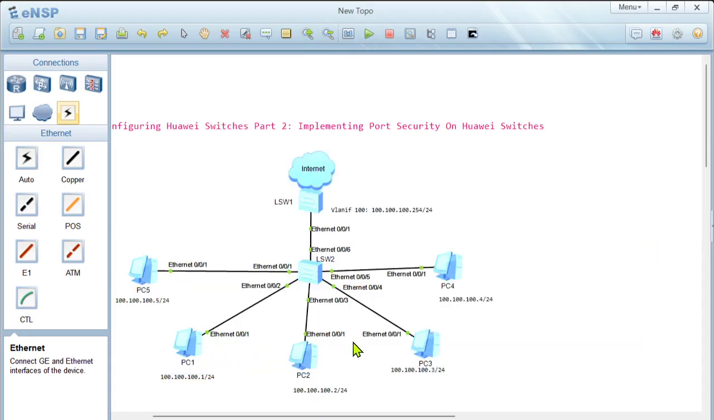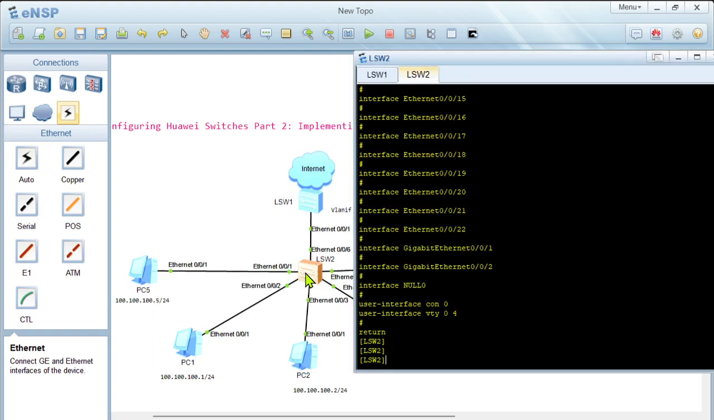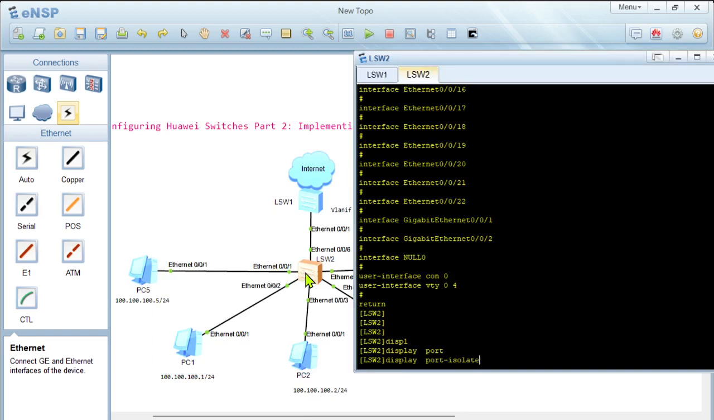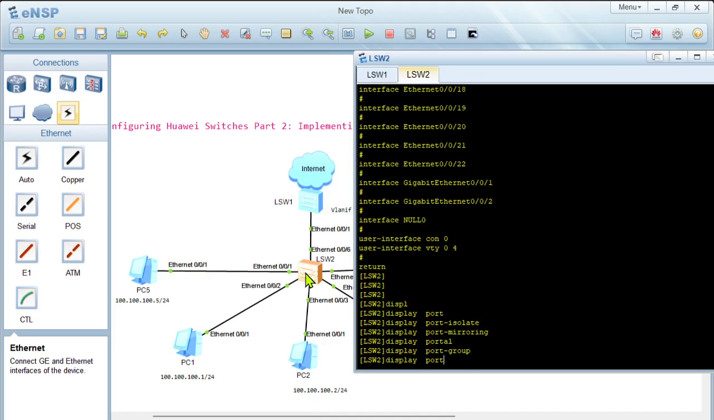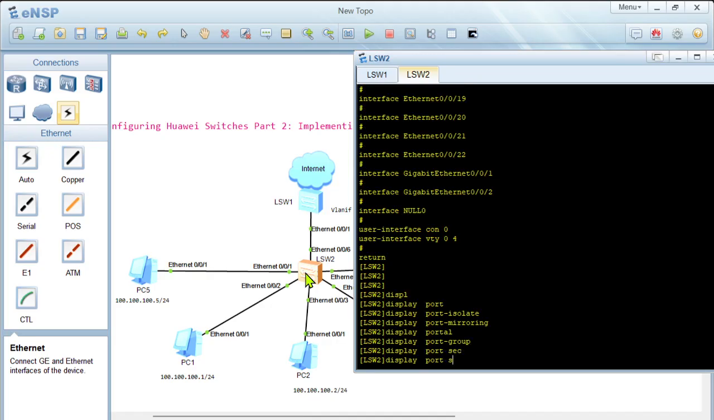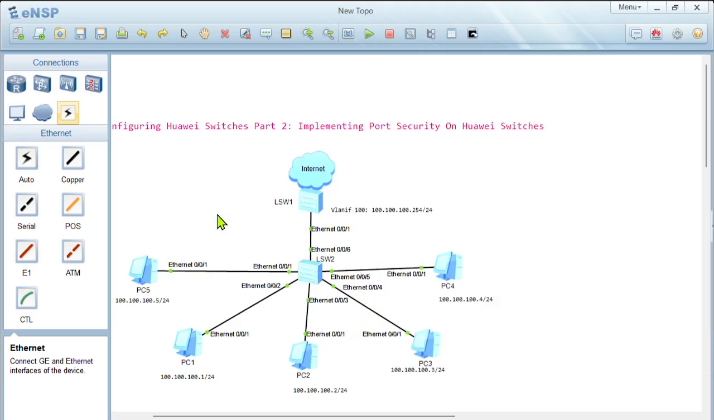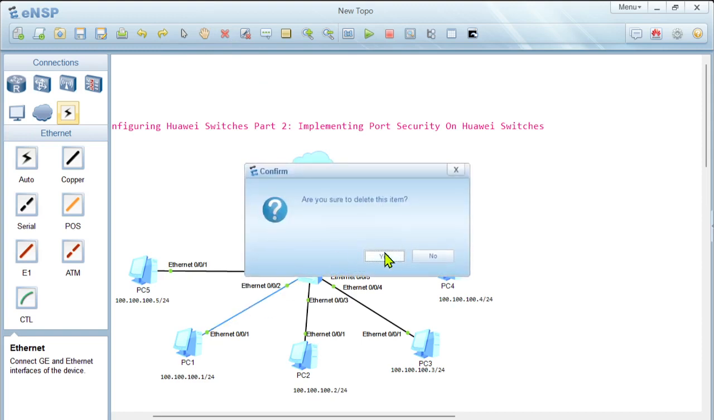So once you've done these configurations, let me see whether we have a command for port security. We don't have a display command for port security, but our configurations are okay. So we've set the maximum number of MAC addresses that can be learned to 1. The default is 1. So what happens when we change these connections? For example, if I were to delete these 2 connections